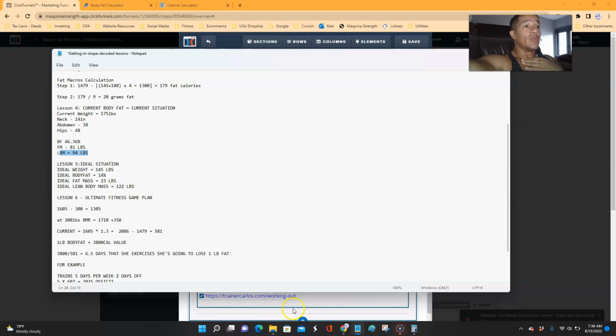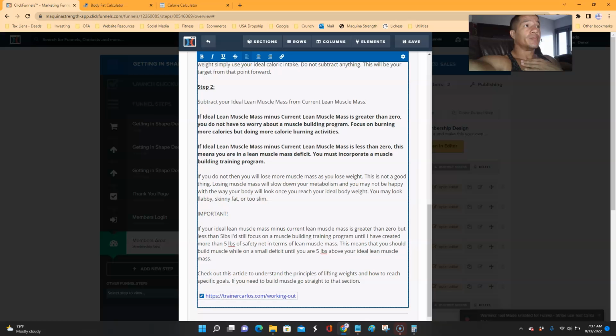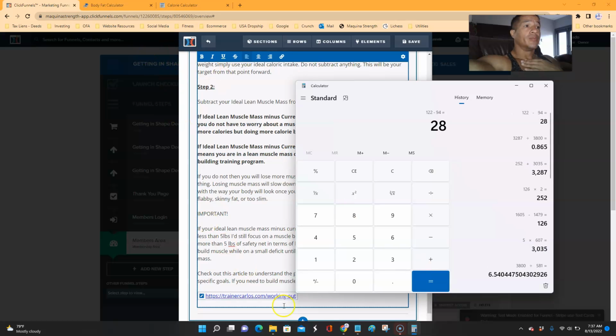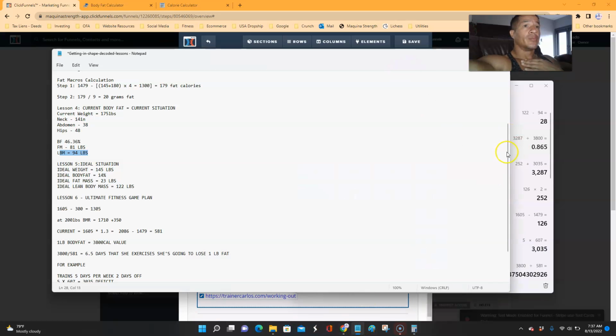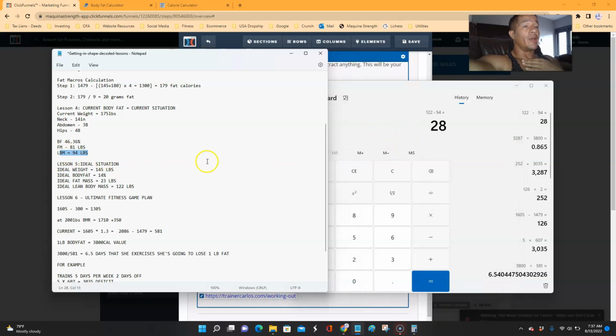So if we go by the exact formula, which is subtract your current lean mass from your ideal lean mass, that's 122 minus 94, which is 28. Okay? So it's a positive number, which means that this person has to build 28 pounds